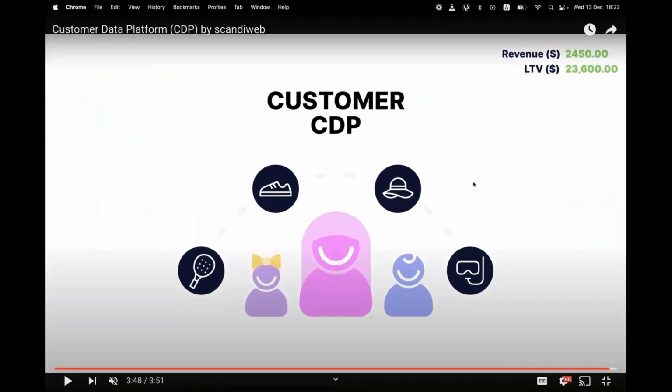And one thing I didn't draw your attention to, maybe you have noticed, in the top right corner, there is the revenue we have received from Alice to date and her lifetime estimated value. So CDP really is the tool to increase your monetary metrics through really putting the customer at the center.